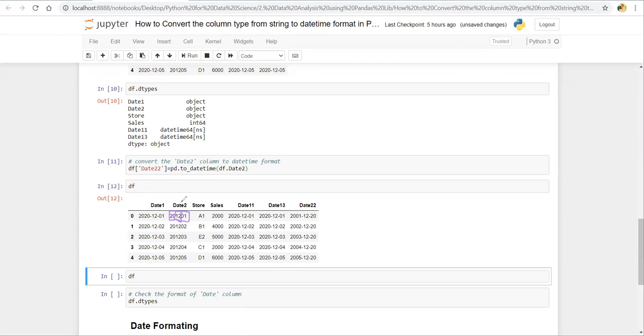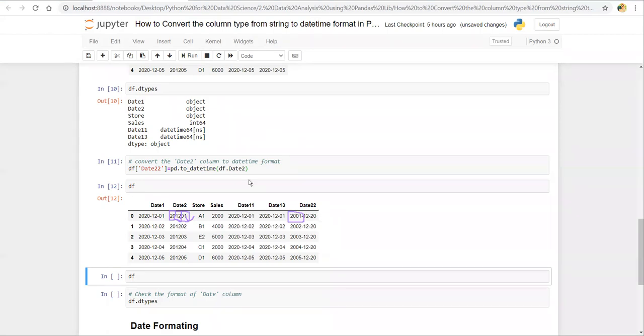But when we pass to_datetime without any parameter, it is considered like 2001. This 01 is coming from here. Here it's considered as 20 being the day, 12 the month, and 01 the year. So that's why it's written as year 2001, month 12, and date 20.